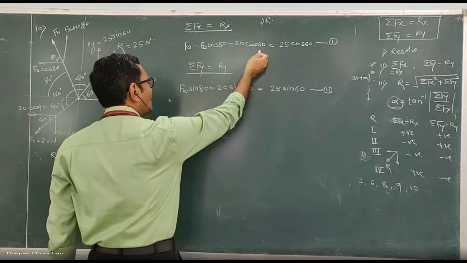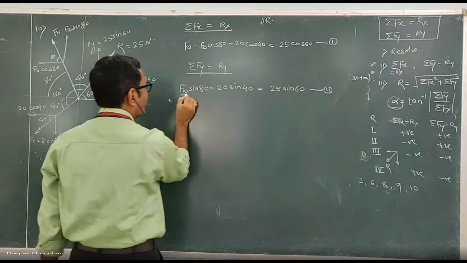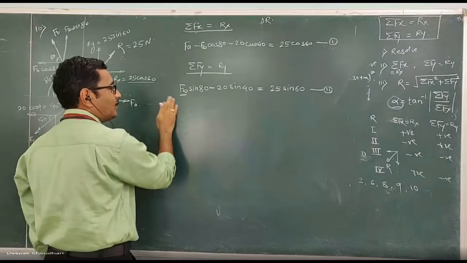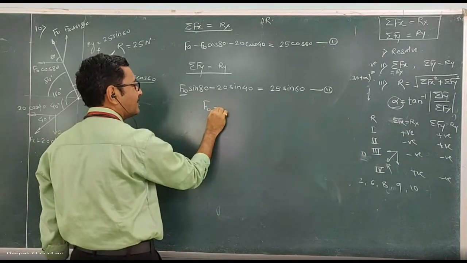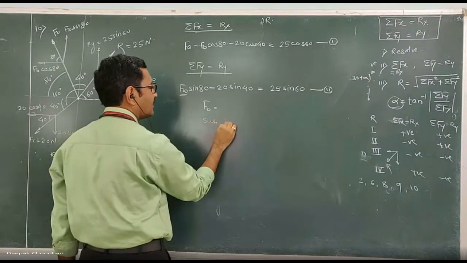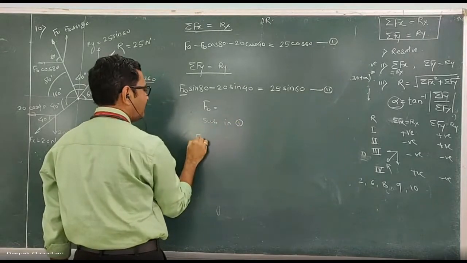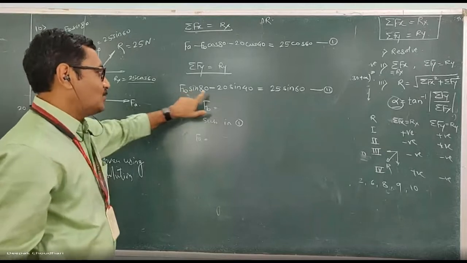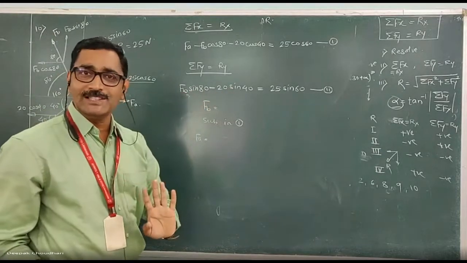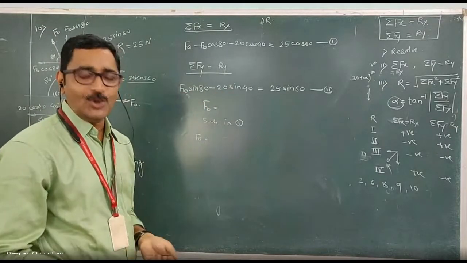Equation number 1 में दो unknowns हैं, लेकिन equation 2 में एक ही unknown है. Fa eliminate हो गया. Okay, so from this equation number 2, you will get Fb directly. Substitute in 1 here and get the Fa. Here, अभी इसमें देखो, again, you can solve this by using our normal method also. The equation simple है, not that difficult.